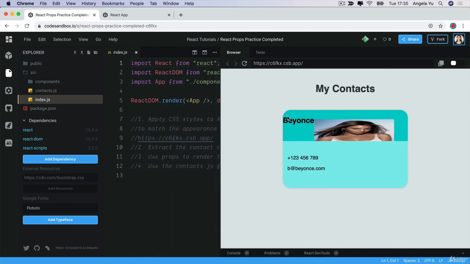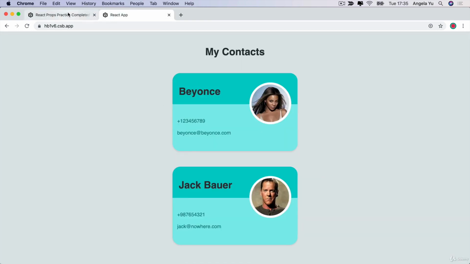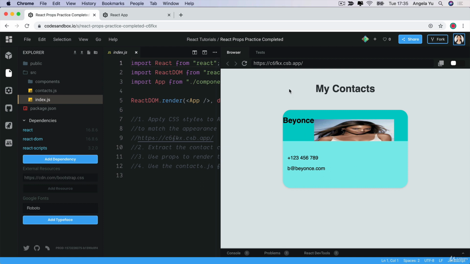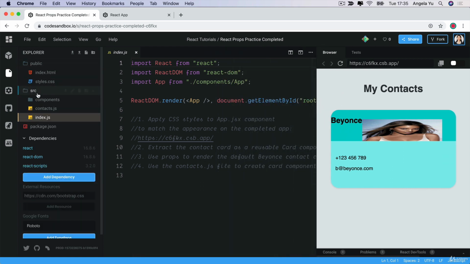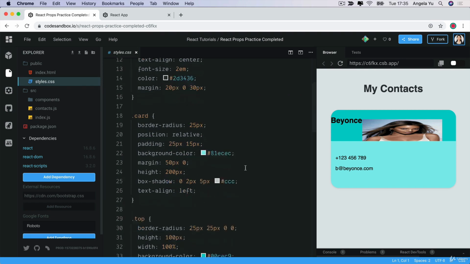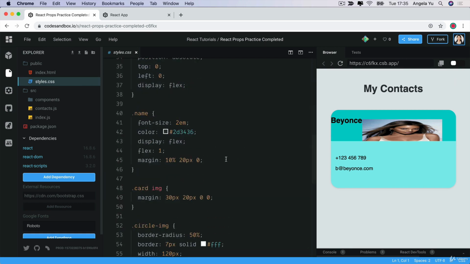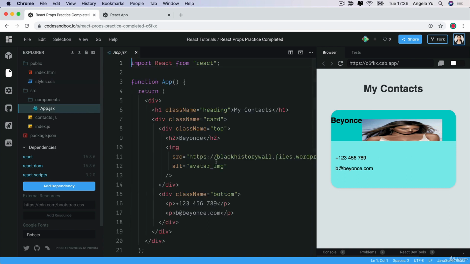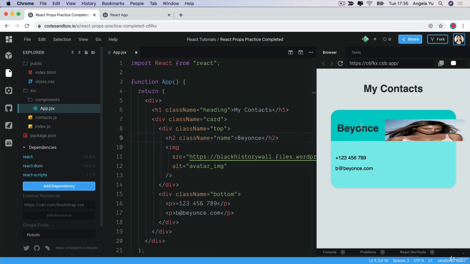and the first thing you'll notice is that the name of Beyonce looks very different, even in terms of color and also location. So let's take a look inside our CSS file to see if there's something that might help us with that. So you'll find a class called name, which changes the font size and changes the color and gives it some margin away from other components. So let's try applying this to our app.js, and we're going to add it as a class name to this h2. So it was called name. So there we go. It's now much bigger, it's a different color, and